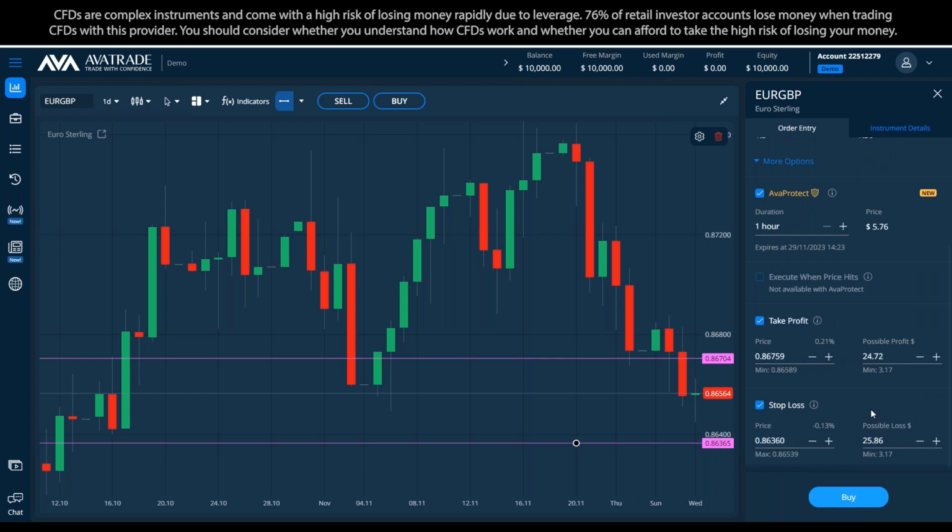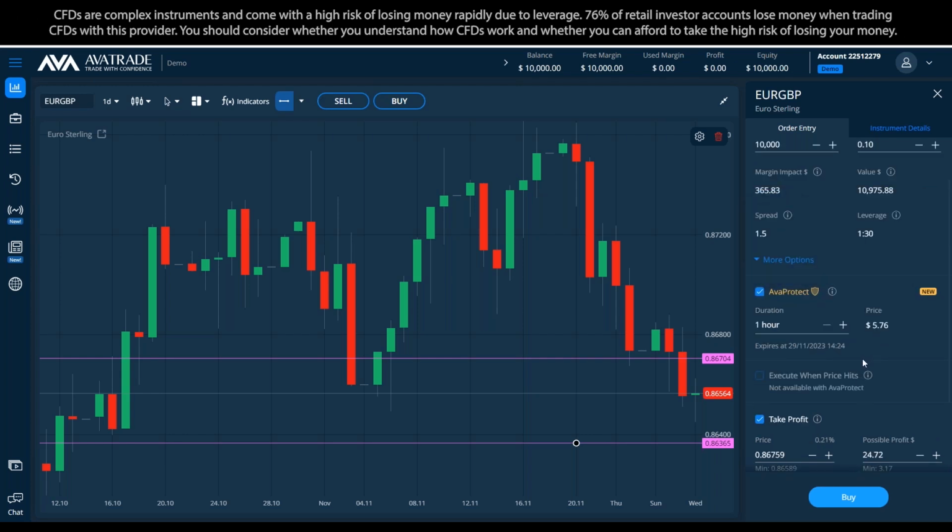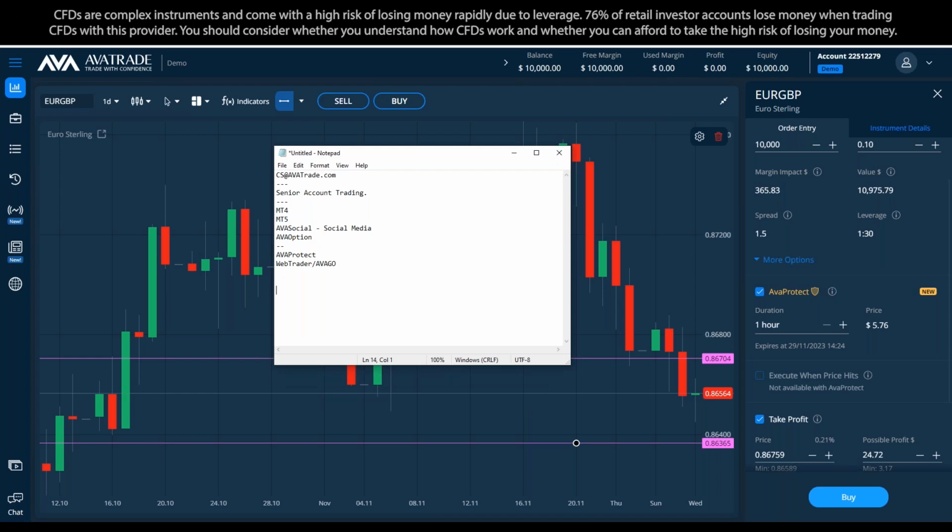You see what it's written here? Possible loss. How much can I lose? 25 quid. Okay? So the comparison that I'm making, Protect is going to protect my position. It's going to allow me to regain my losses. Protect lets you protect the position for a certain time frame, and whatever you lost during coverage, you will get back. There is a fee when using